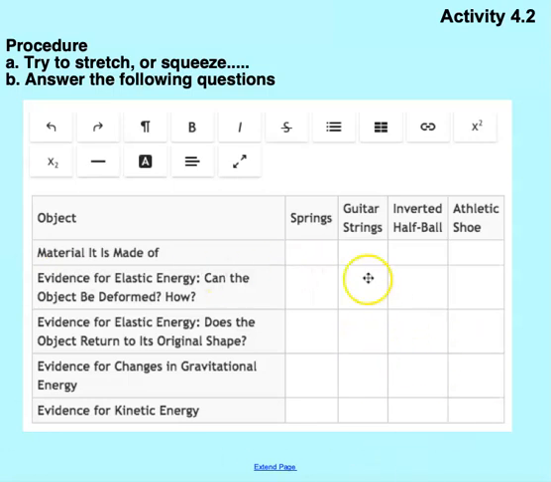So you're going to fill this out, and I'm looking for a solid sentence out of each of these. What is the material made out of? That may not be a full sentence. If it's rubber, if it's plastic, whatever it is, just write that down. But for the other ones, answer these questions to the best of your ability. So once you get done with that,